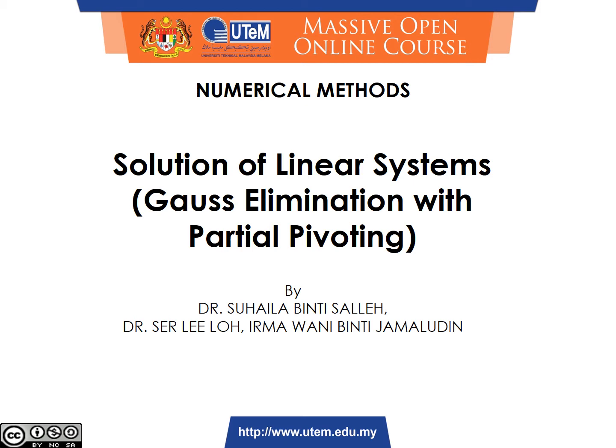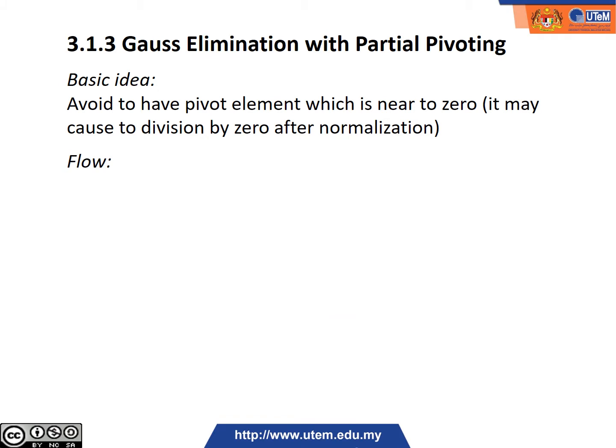In this video, you will learn how to find solutions to linear system using Gauss elimination with partial pivoting. Gauss elimination is a fundamental direct method. With the absence of rounding off and error calculations, this method will yield the exact solution in a finite number